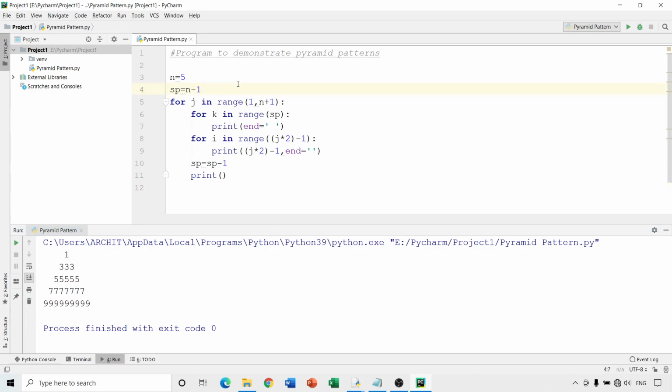Generally, if you have studied other languages, other compilers, or other interpreters, there are different ways of debugging the program. PyCharm provides a very simple and easy way to debug a program. You have to set breakpoints in a program and simultaneously you can select one or more variables in the watch window. For example, for this particular program, I want to keep an eye on the n value, i value, k value, j value, and so on.